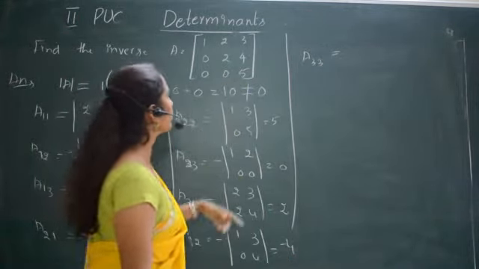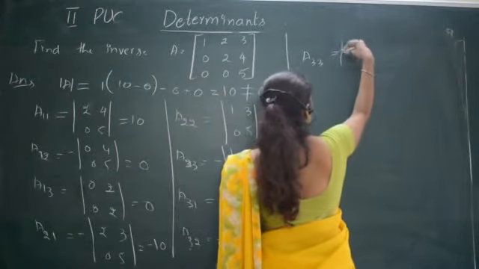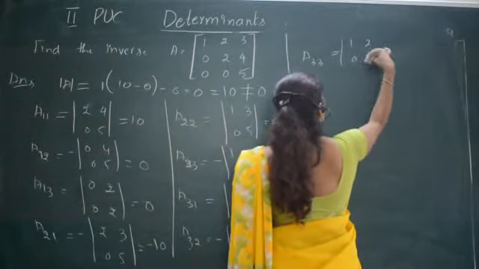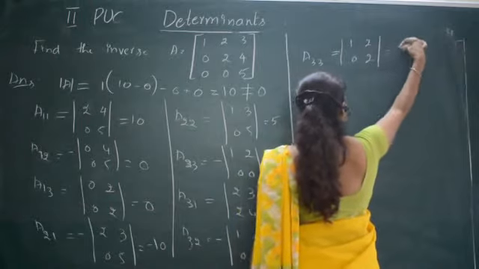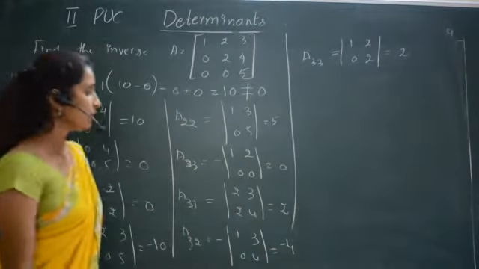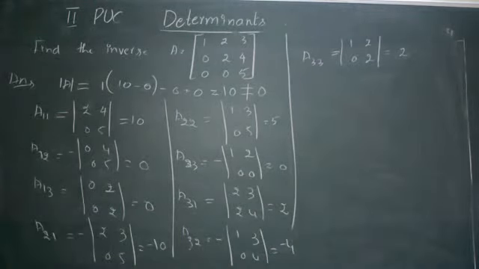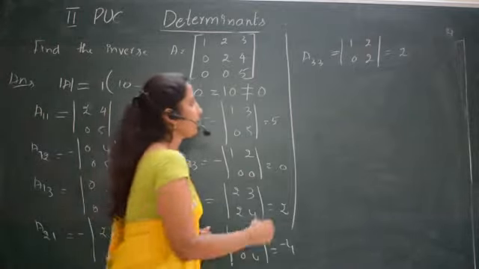So deleting, we get 1202. So this will be 2. So this is the matrix of cofactors: 10, 0, 0, minus 10, 5, 0, and 2, minus 4, 2. Therefore the adjoint of A